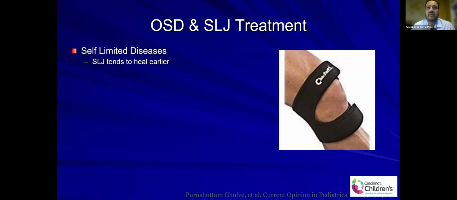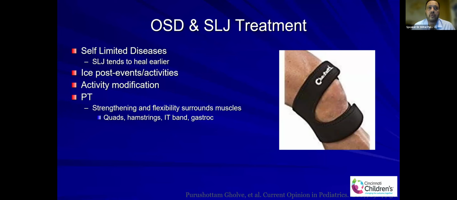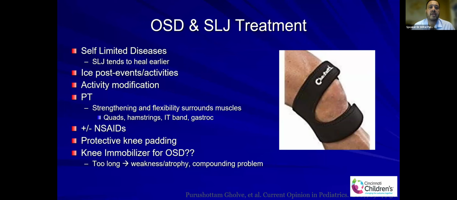From a treatment perspective, these are self-limiting conditions. They tend to heal over a period of time. You can use ice after activities. Modify activities, meaning prevent them from sports or jumping for a short duration. Physical therapy can help, NSAIDs, and we use a Chopat strap, which is shown here on the right side. We don't tend to use immobilization or a cast for Osgood-Schlatter because it can lead to weakness and atrophy. But some form of